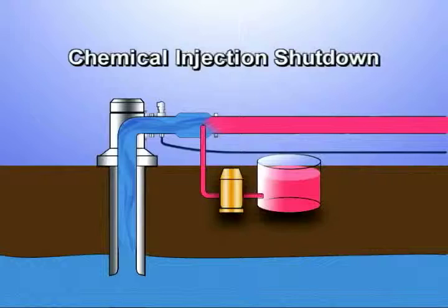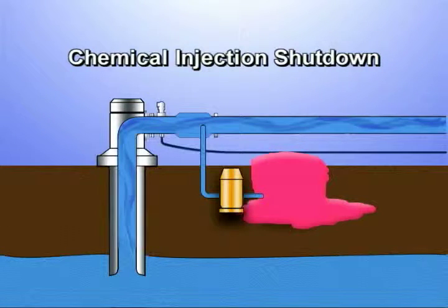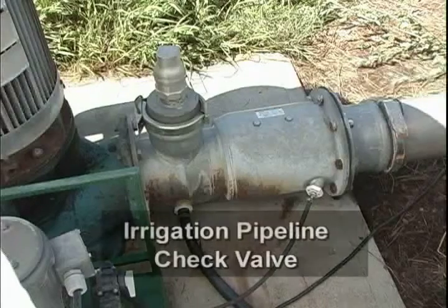Finally, the chemigation injection system could stop while the irrigation system continues to operate. This could result in water flowing through the chemical injection system into the chemical supply tank, overflowing it onto the ground. To prevent backflow to the water source if the irrigation system shuts down, Nebraska requires that an irrigation pipeline